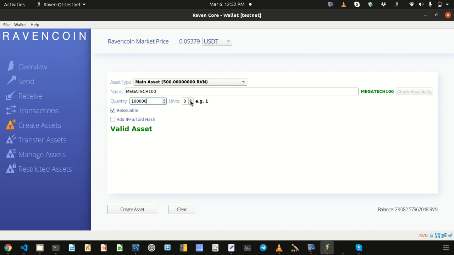And the second information that you need to provide is the units. It's basically how much in fractions the token can be divided. Right now the setting is 0. That means that each token is a whole token. You cannot divide it into fractions. But if I change this value to 2, for example, that means that a single token can be divided into 100